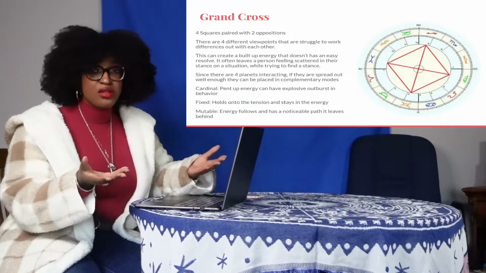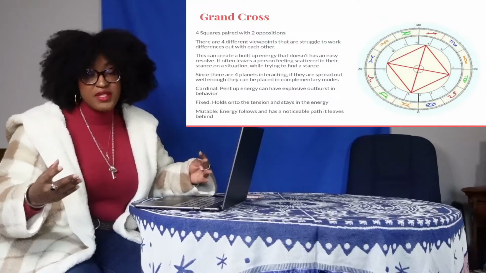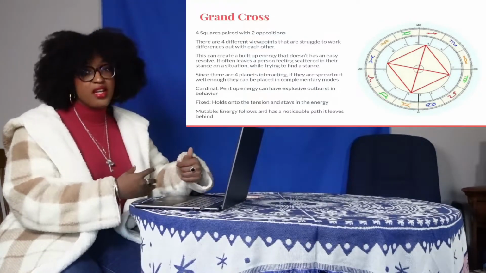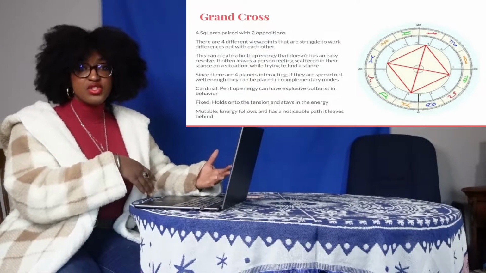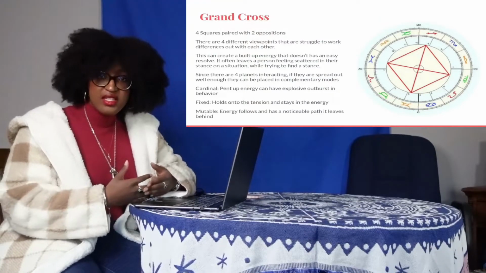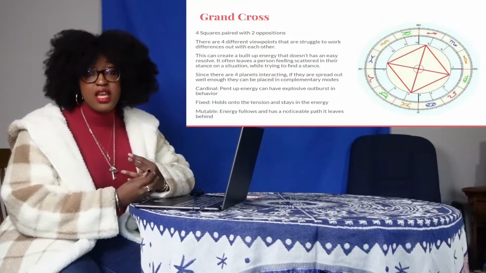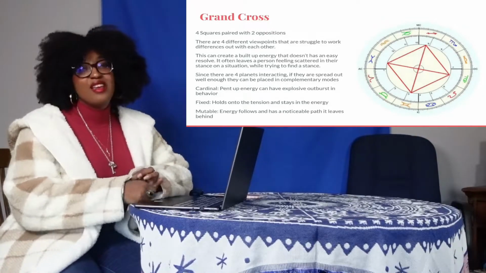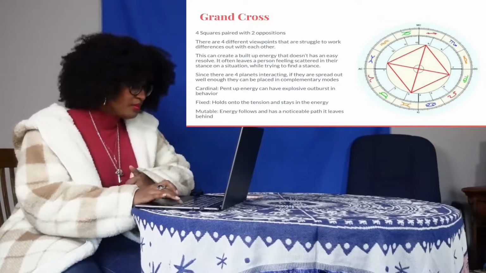This is what a square is, and now you have a square with an opposition, so it's like a square on steroids. So now you have an even bigger problem, and this is where parts of your body can start having problems because there's just so much stress. You don't know what to do with the stress, and prolonged stress to the body can lead to diseases, death, and other things. Death was a bit extreme. That should have been the last thing to list. But this is just the problem with some of the aspects, and also health a little bit.